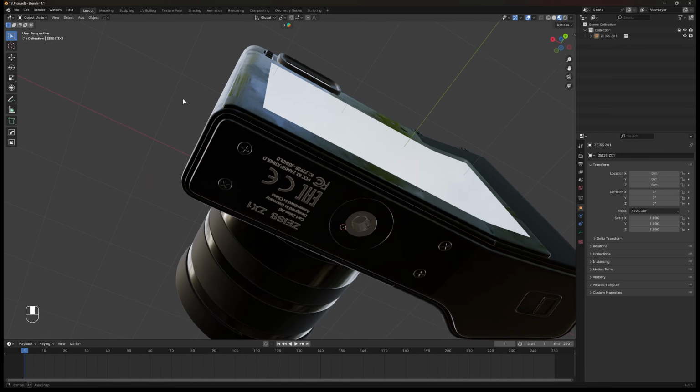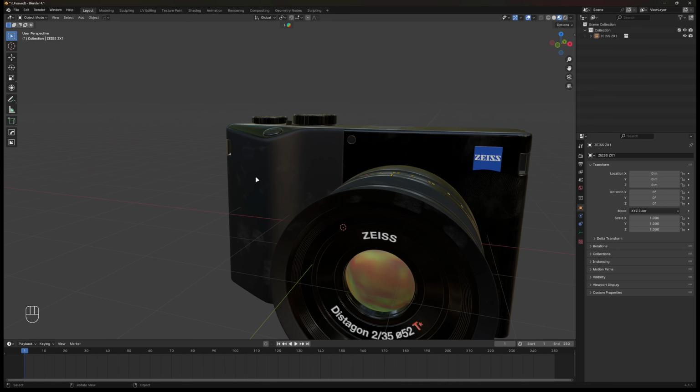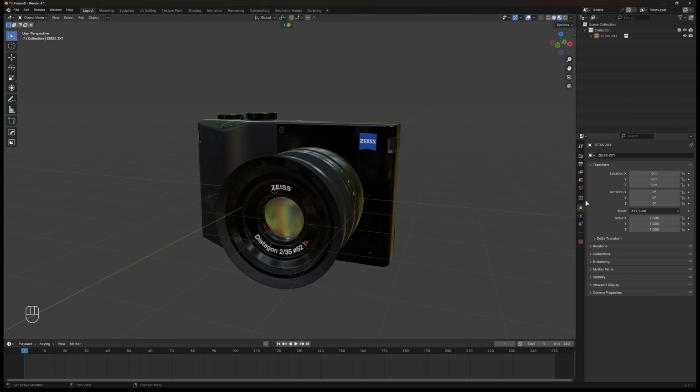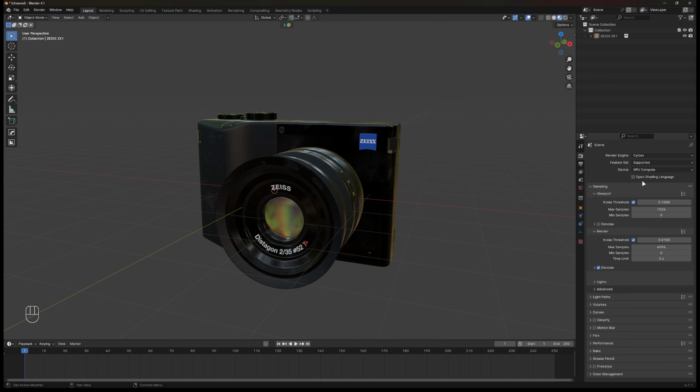You guys could use any of your assets, or if you don't have any, just check my modeling video tutorial to make it. First thing you should do is to change the render engine from EEVEE to Cycles and the device to GPU. Set the samples in viewport to 200 and the render samples to 250. Turn on the noise and change OpenImageDenoise to OptiX because it's better to use it for animation render.